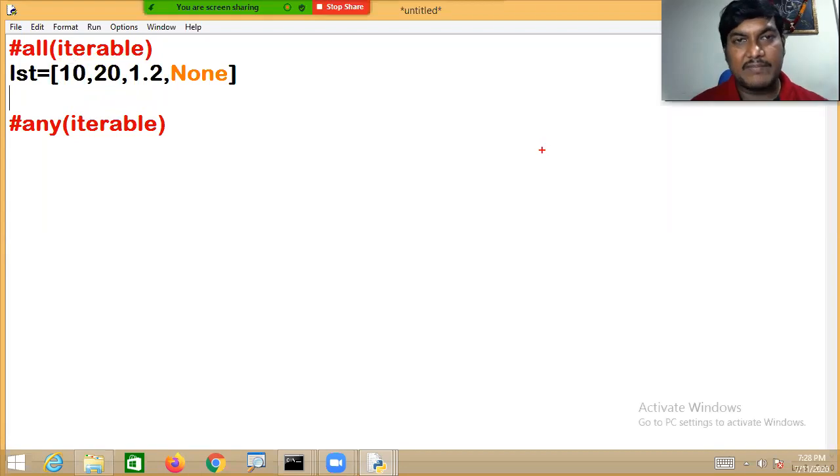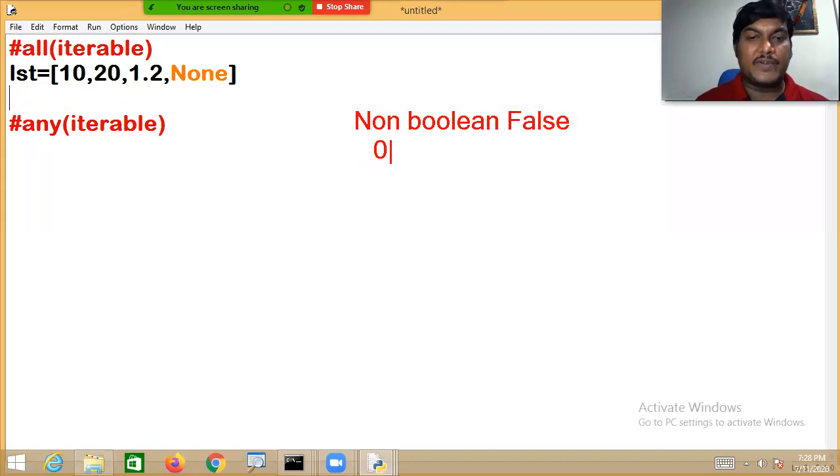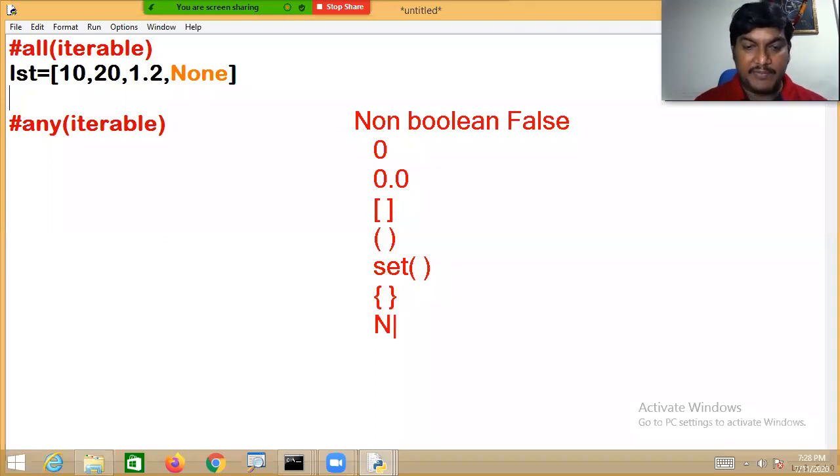Ladies and gentlemen, be serious about this particular thing. What are the non-Boolean false values? Non-Boolean false is 0, 0.0, empty list, empty tuple, empty set, empty dictionary, and None type.